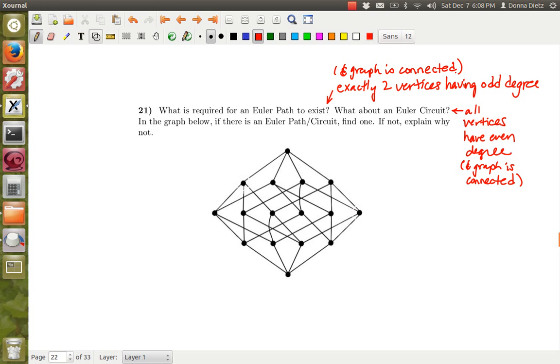In the graph below, is there an Euler path or circuit? Yes and no. If so, find one. Okay, so it needs labels. On the exam, I will probably give you labels, but if I don't, then you have to provide the labels. So let's say A, B, C, D, E, F, G, H, I, J, K, L, M, N,